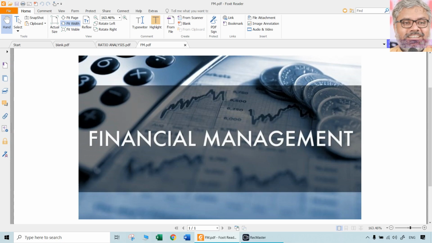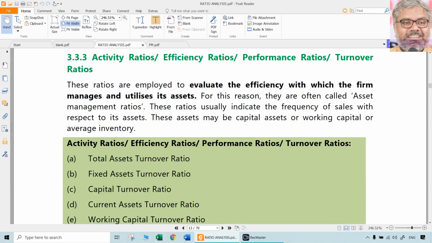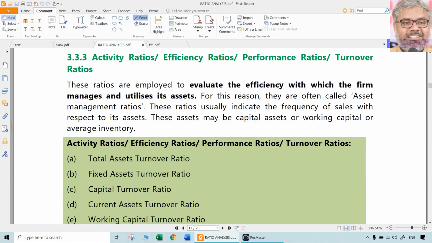In the earlier sessions, we discussed some of the basic concepts of ratio analysis. Also, we discussed two types of ratios: one is liquidity ratios and the second one is capital structure ratios or long-term solvency ratios, including capital structure ratios and coverage ratios. Now let us continue the discussion on other types of ratios and respective formulae and what is the usefulness of